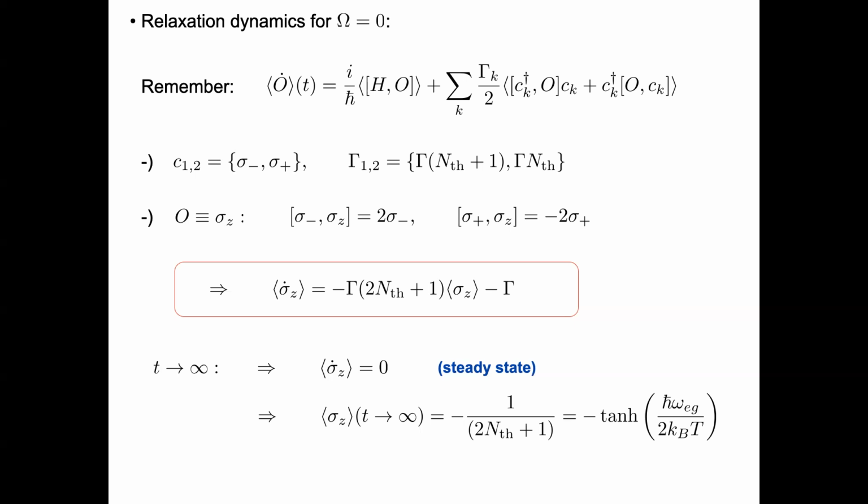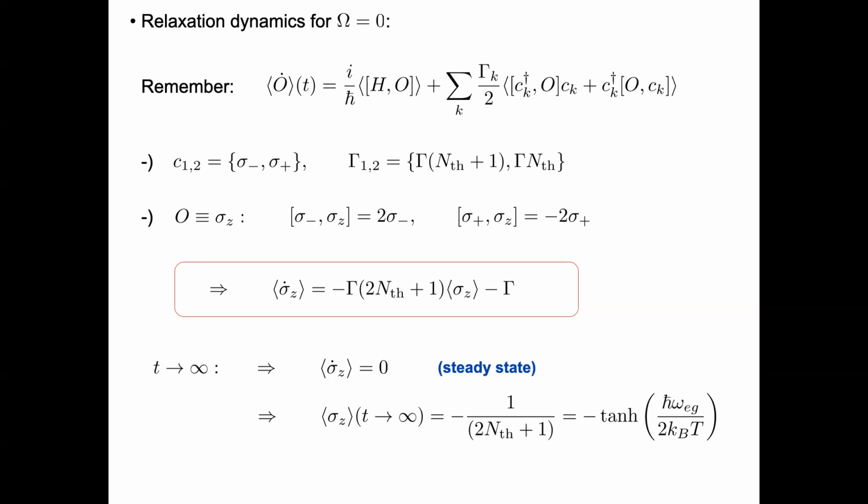You might remember this formula. If you go to statistical physics and look at non-interacting spin systems, paramagnetism, and the polarization or magnetization, it has this hyperbolic tangent with the frequency difference over 2 kB T. Usually you have the magnetic field in there for spin systems. So this equation gives me the correct thermal equilibrium expectation value of the system. Again, it's a sanity check that we're not doing anything significantly wrong.